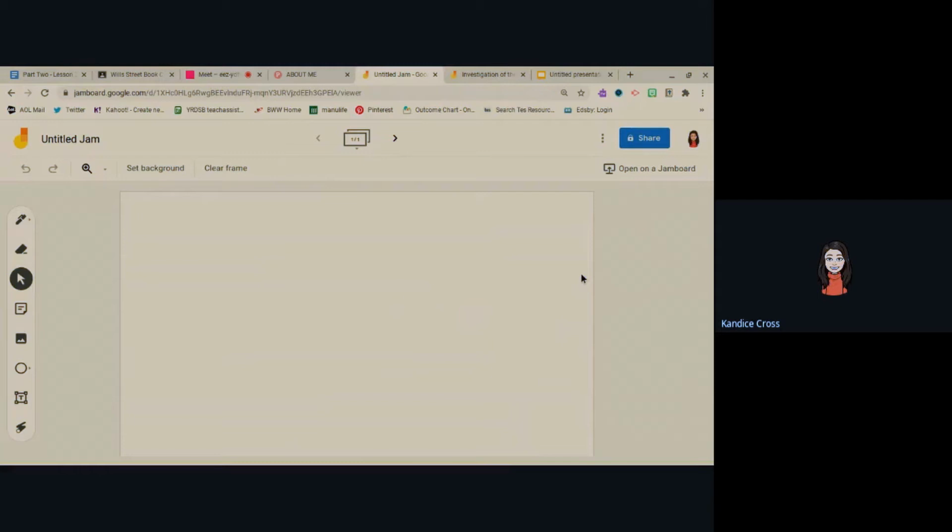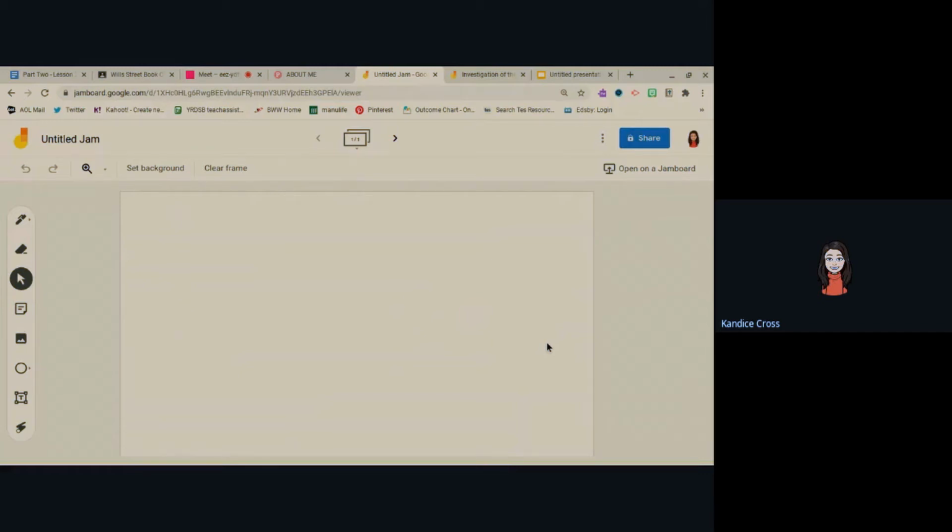And Jamboard is a way that you can create lessons that will allow for all three interaction types to happen. So if you hang with me for a minute, I'm going to show you how you can do this. So the first thing, of course, you want to do is start with a blank Jamboard. And one of the things that's great about Jamboard is you can create an activity for your students that they will then come and do either individually, which would, of course, be student to content interaction,